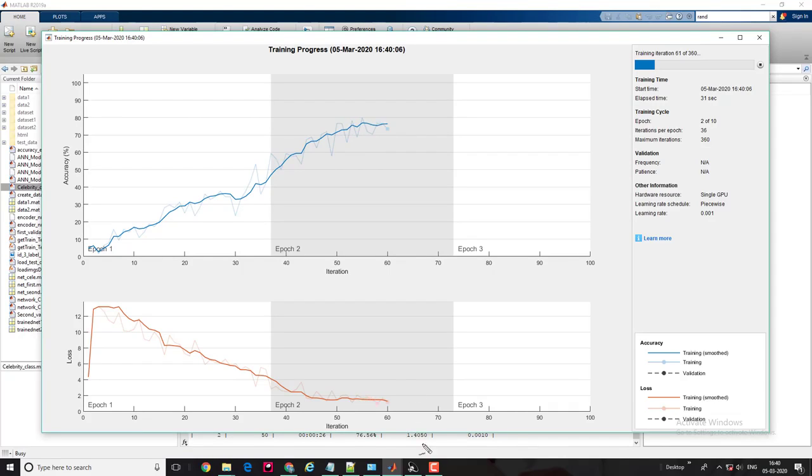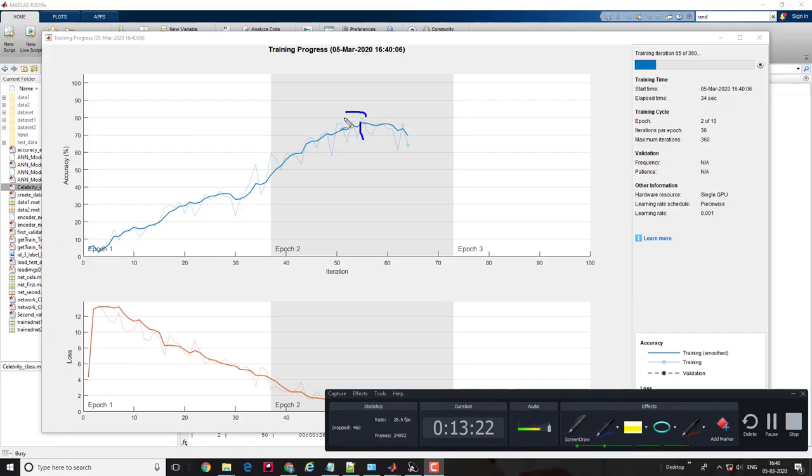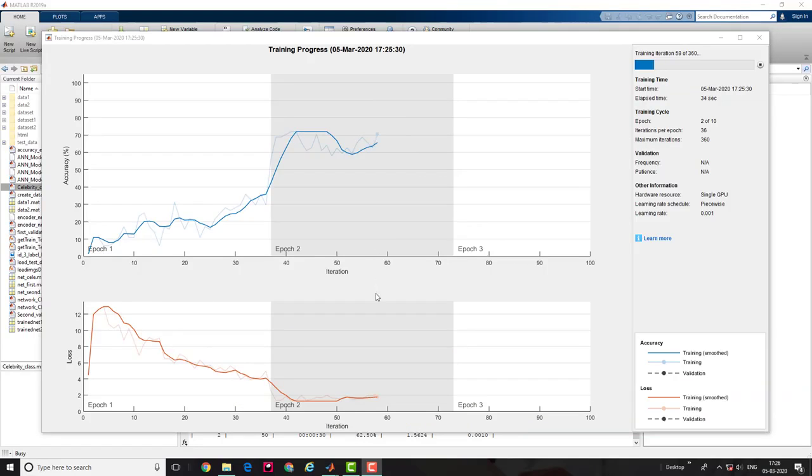The dark blue line represents the smoothed accuracy, while the light one means the unsmoothed training accuracy. Similar things are happening with the loss function, smooth and unsmooth. So guys, at the second epoch, my loss is almost around